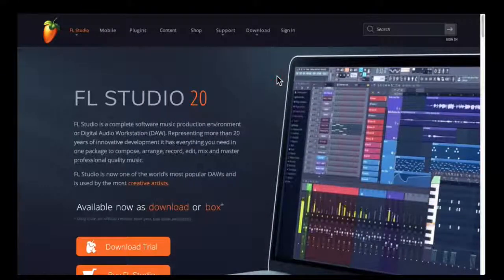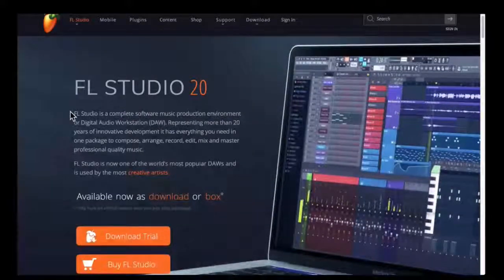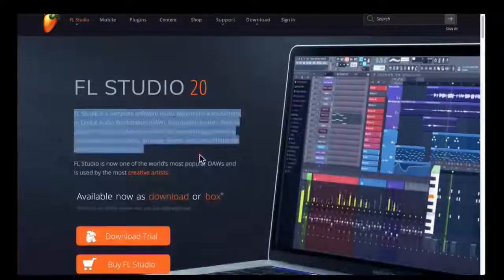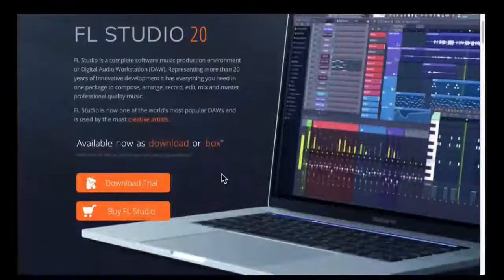Guys, let's take a look at imageline.com, which is FL Studio's website. Imageline is the manufacturer of the FL Studio program. So as you can see on their introductory webpage here, you will see a brief description of FL Studio as seen here, and you can also download